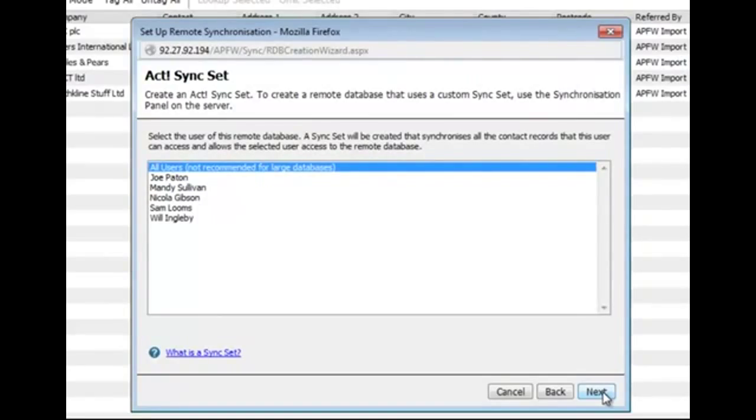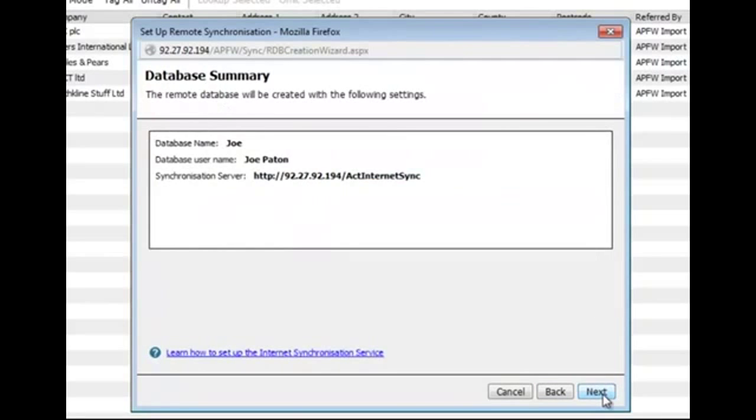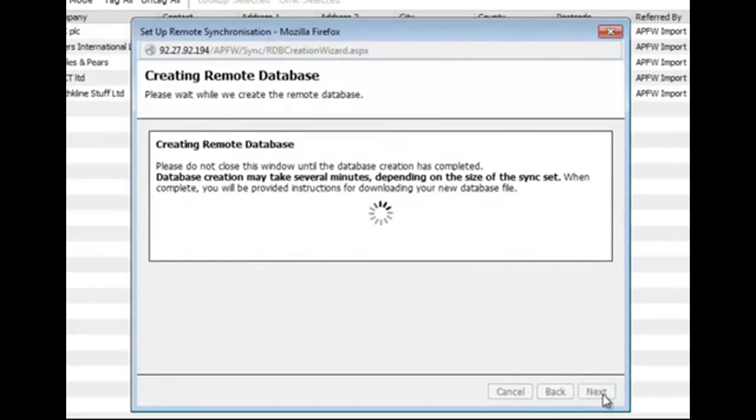Now a sync set, or a synchronization set, controls the logic in terms of what data is synchronized between the remote database and the publisher database, the main database on your server. And you may have pre-configured some sync sets with that logic in, but the system automatically creates a sync set for each ACT user, assuming that they may want to see records where they are the record creator or record manager. So I'm just going to select a sync set in the name of Joe, which is one of our users. It gives me a brief summary of what I've asked the system to do, and then next we'll generate